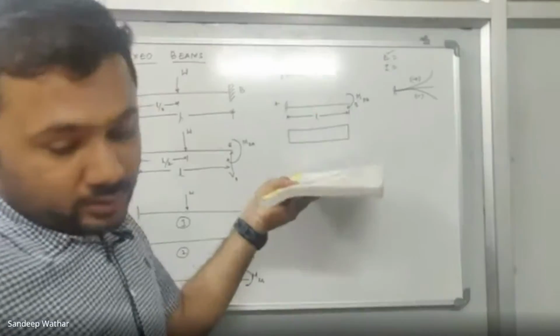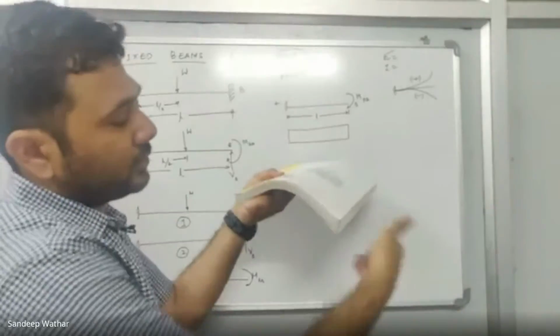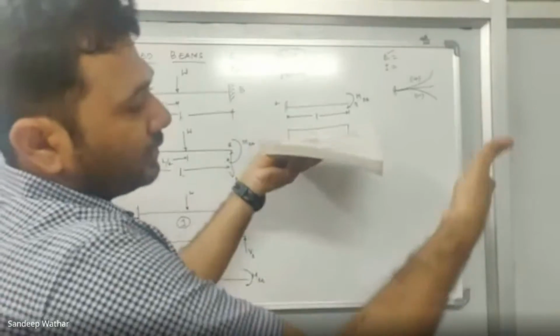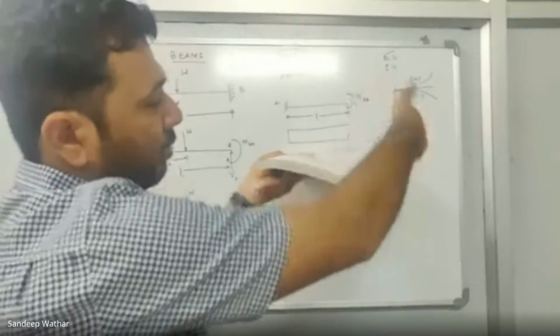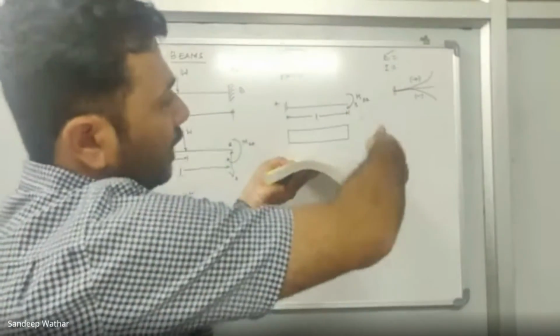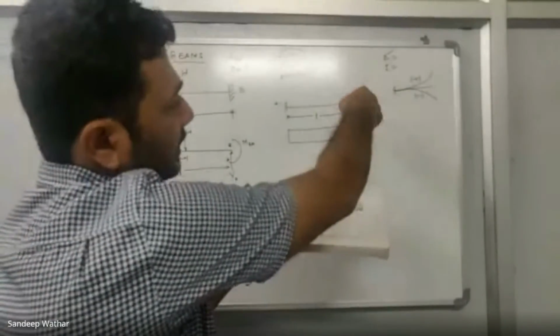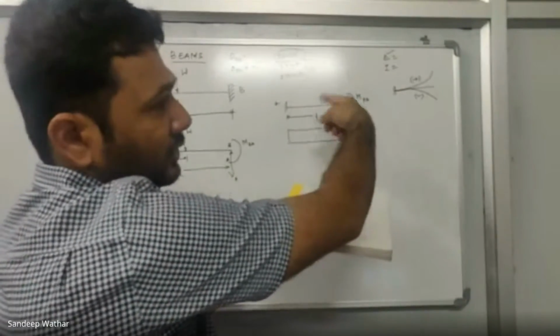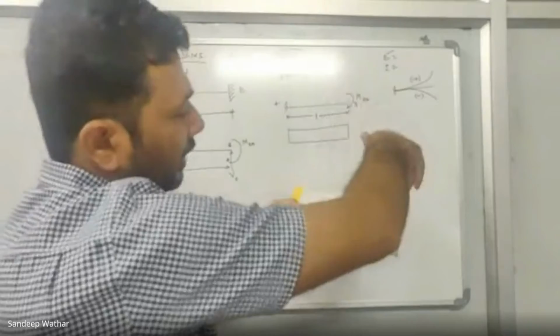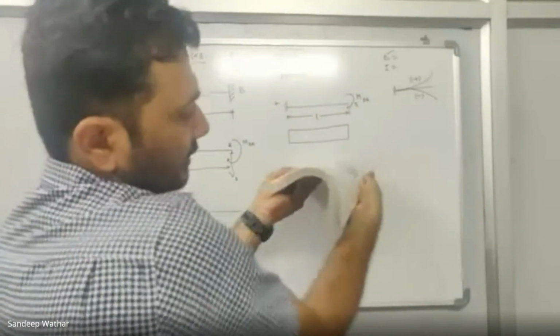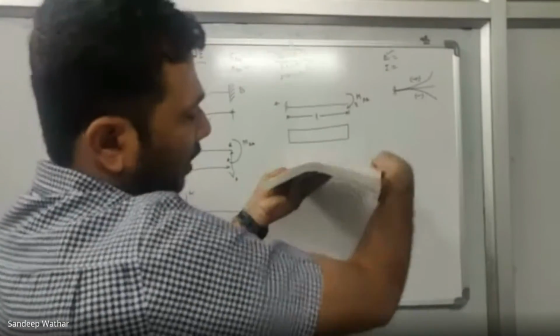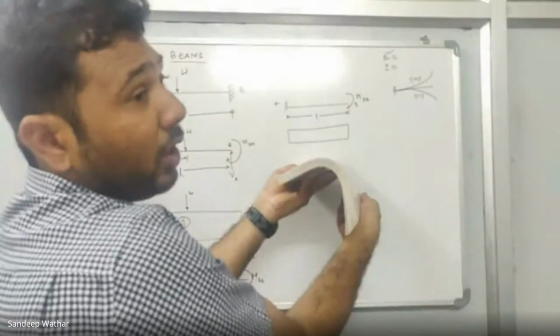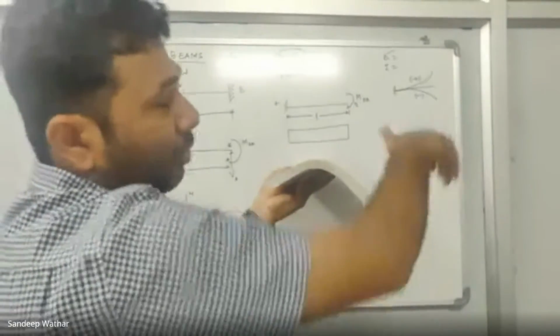Now, this is moment. Moment is not much trivial in nature. You try to understand this. Assume this hand as the moment I'm applying. In this case, how I'm applying a moment, see what is the direction? The direction is like this, which is in this direction. Okay. Now, if I apply a moment like this, so how is this bending? This is bending in a hogging direction. Okay. So I'm applying a moment like this.